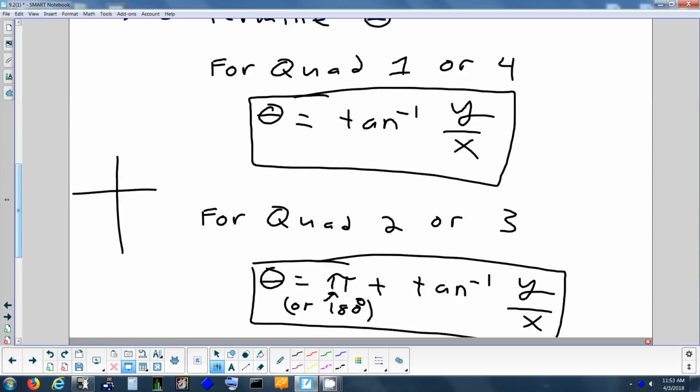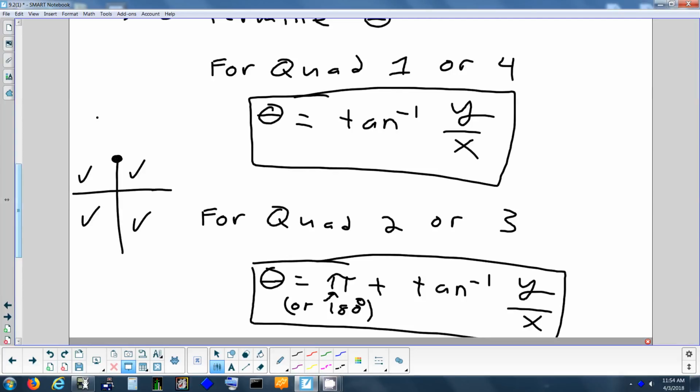Now, what I've done so far is the first formula covers quadrants 1 and 4. The second formula covers 2 and 3. That doesn't cover everything though. Where else could I be besides in quadrants 1, 2, 3, or 4? I could be on an axis. If you're on an axis, these formulas don't work. Okay, the reason they don't work is,